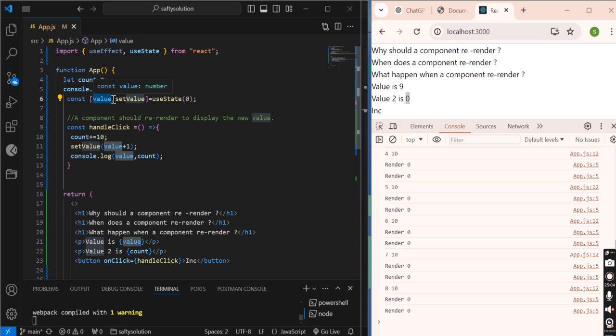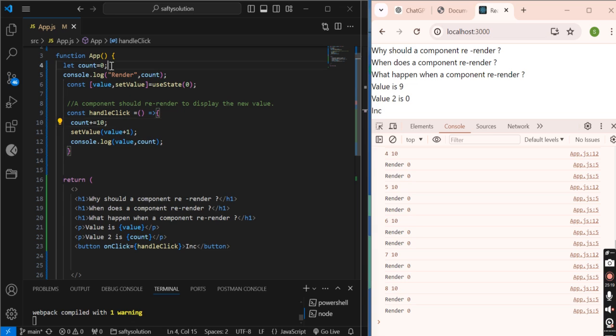That's why it's displaying the new value each time. So I hope it is clear why a component should re-render. Now there is one point: if we want to change a value here, we should not use an ordinary variable. We should always use useState. This is my point.